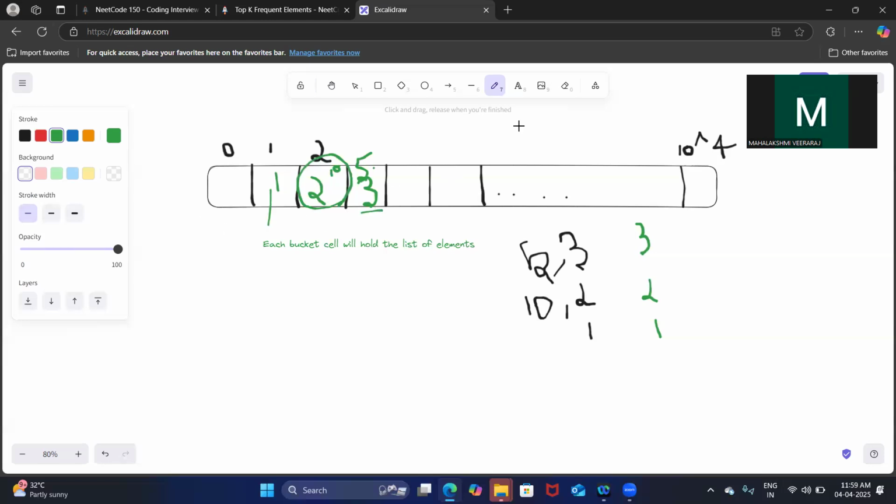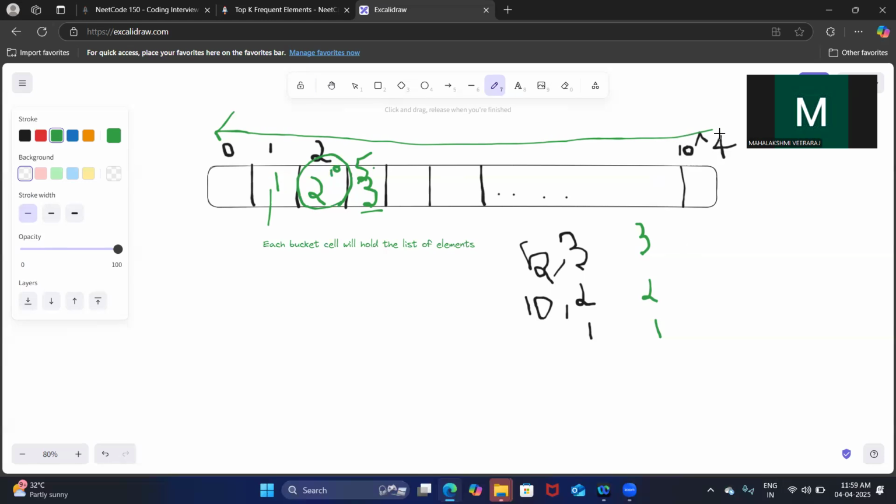So after we complete updating the bucket array, we can start iterating over it from right to left, because our target is to fetch the elements based on the highest frequency. We need to choose the elements that occurred most frequently.